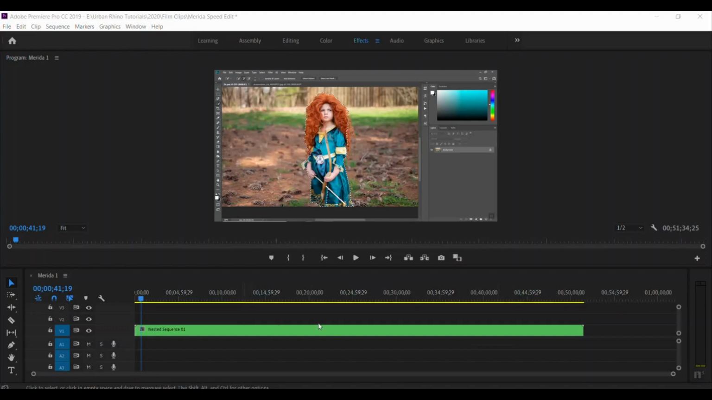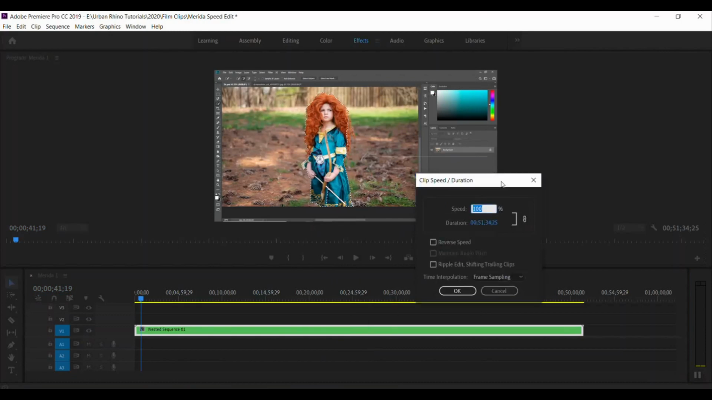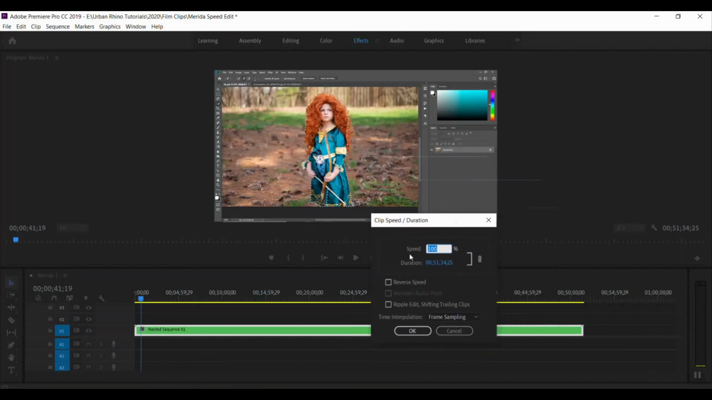is if you right click on the sequence, so this is the video clip, and go to speed. Right now the speed is just 100%, just the normal footage. So I want to speed that up. I want to get this down to 3 or 4 minutes. Usually you have to speed it up to a significant amount, about 3,000%. That's a little